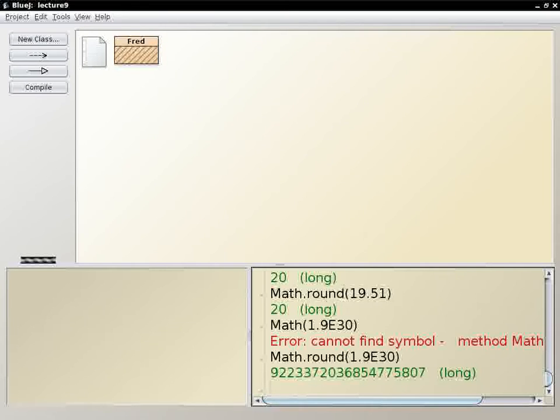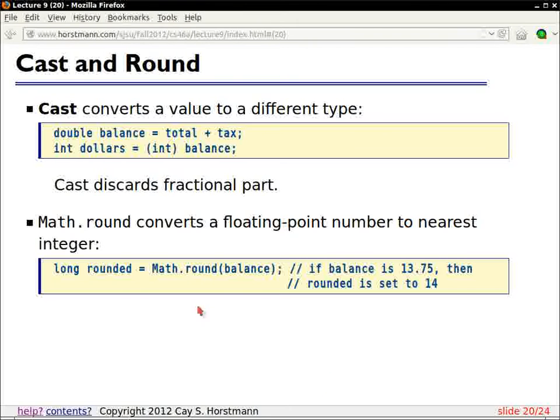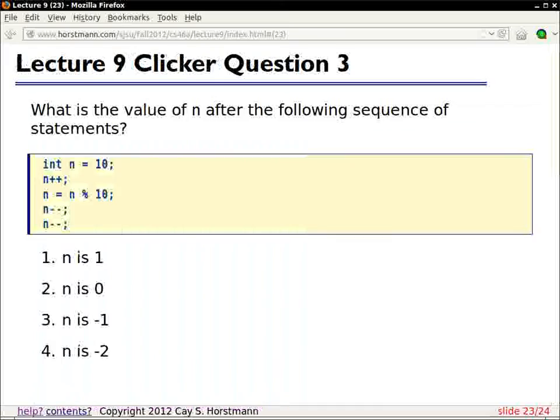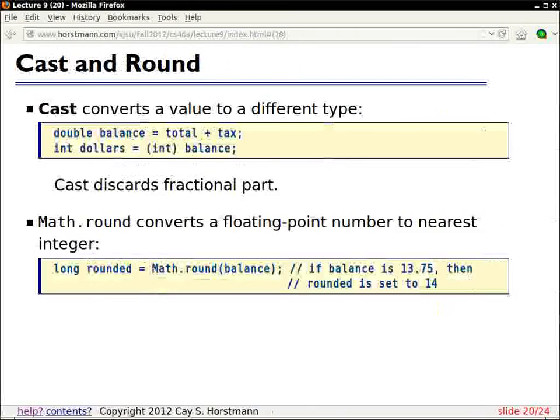That was probably an overflow. Yes, that was an overflow. This one was too long to even fit into a long, but some numbers are long enough that you couldn't put them into an int but into a long, and for that reason math.round returns a long, and that's almost never what you want, and whoever made these slides, which wasn't me, didn't put what you do want.